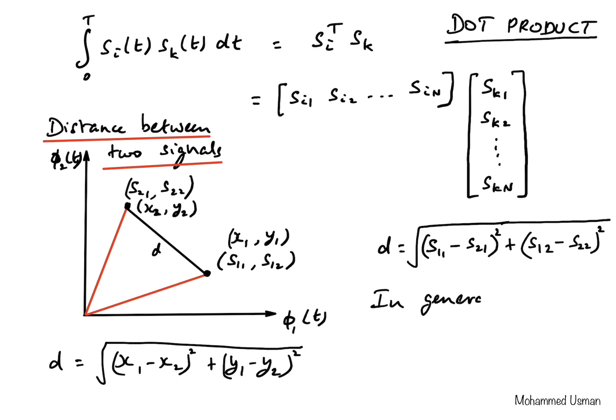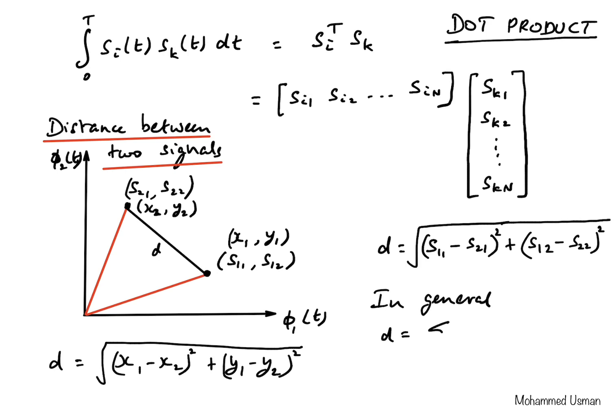So in general we can write that distance as d equals the summation, because there is an addition term here, like this we can keep adding. So it's s11 minus s21, s12 minus s22, and so on. So for 2 signals, the distance between 2 signals, so in general it will be